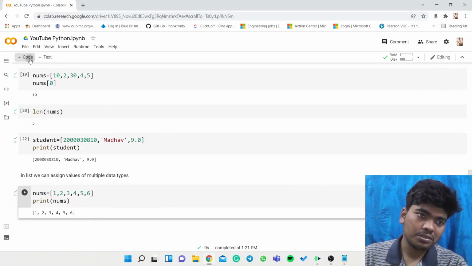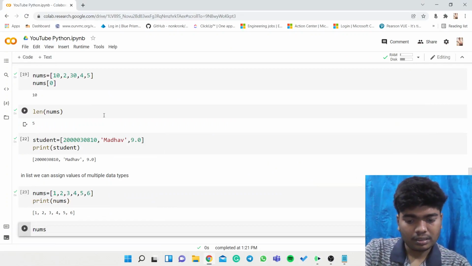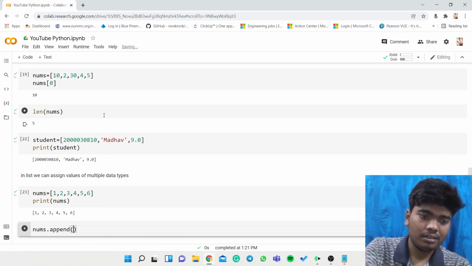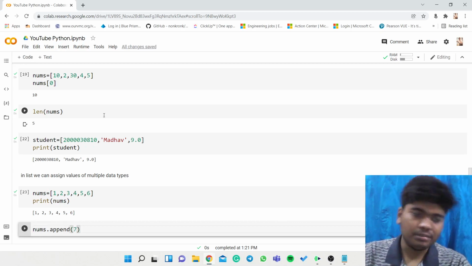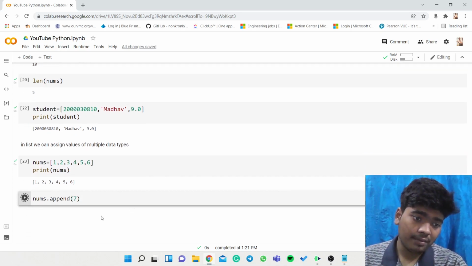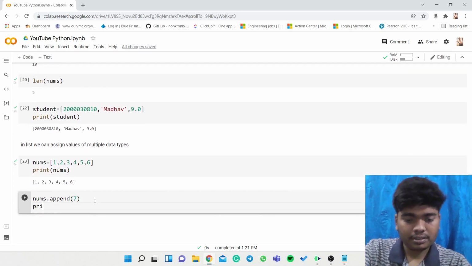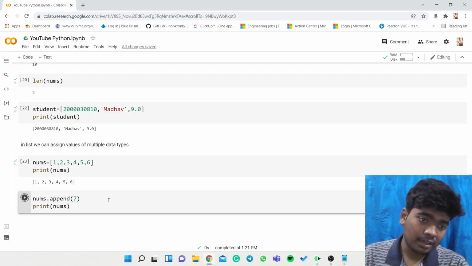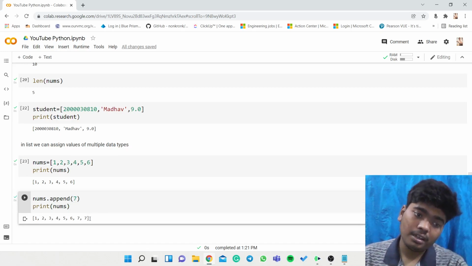If we use this append, nums dot append, we will give 7, nums dot append of 7. And now if we try to print nums, it will give the values. Yeah, so now the 7 is done here.